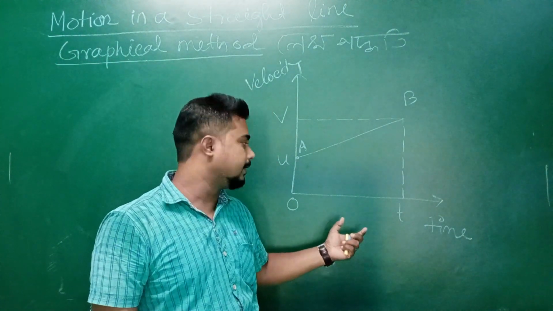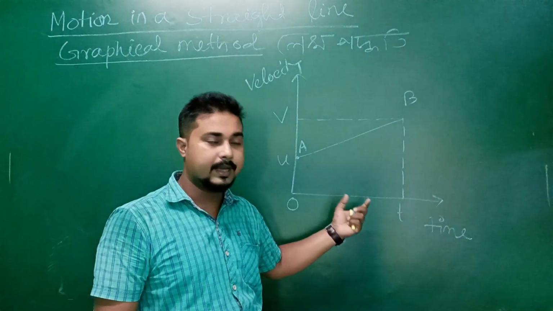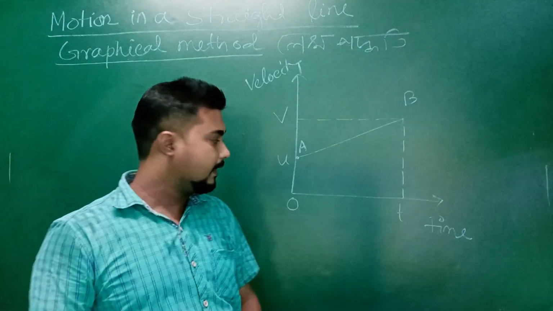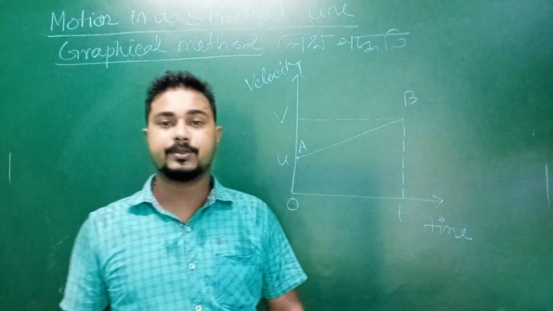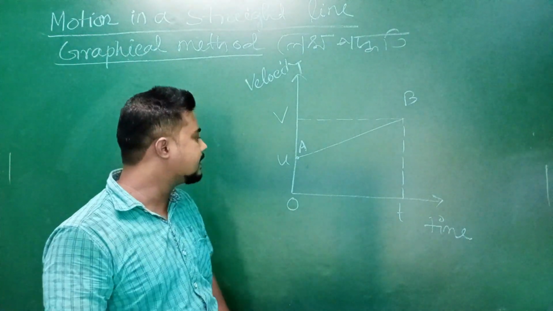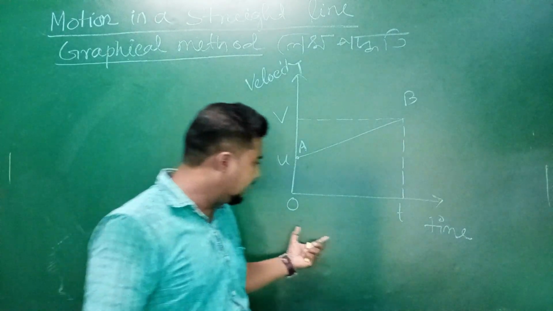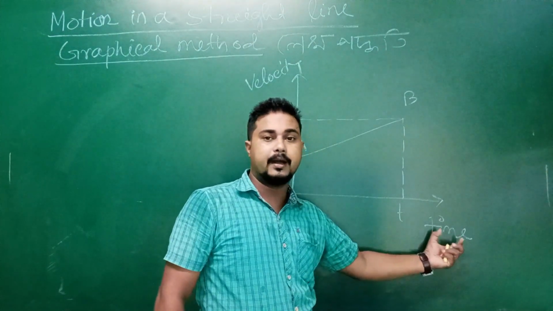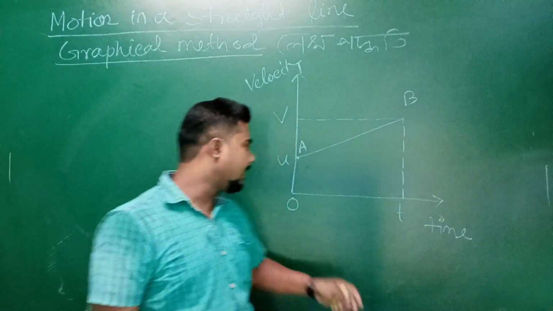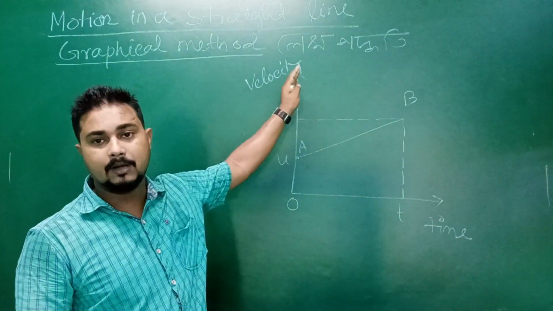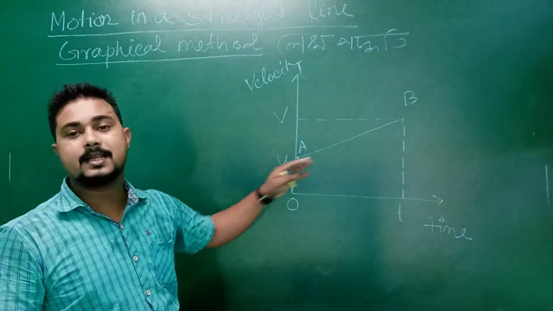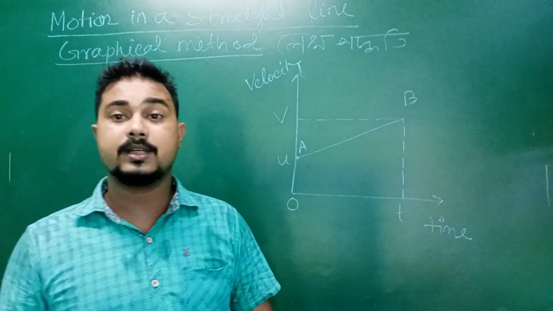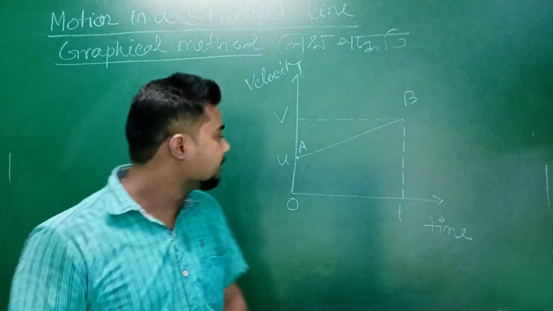drawn a graph between velocity and time. I have already drawn a graph of velocity and time here. Now if we look at the graph, then we will see that in that scale we have considered the time along the x axis, and along the y axis we have considered the velocity. Okay, now